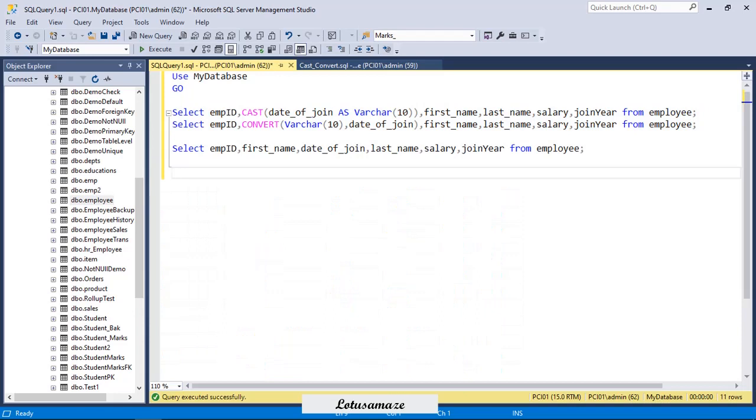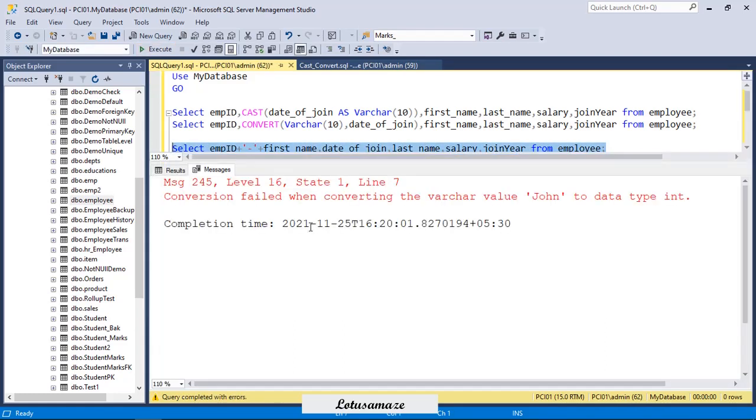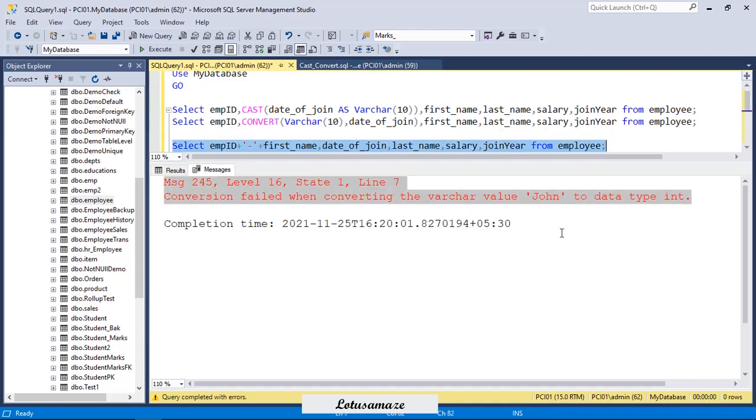Now suppose I need to display the combination of the first name and the EMP ID in a single column. If I type EMP ID and then a hyphen, and run this statement, I get a conversion error: the varchar John cannot be converted into integer type.